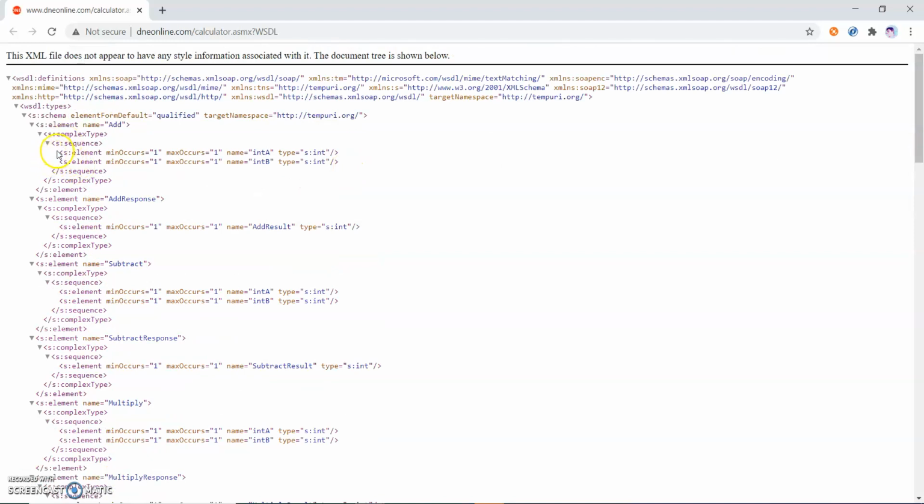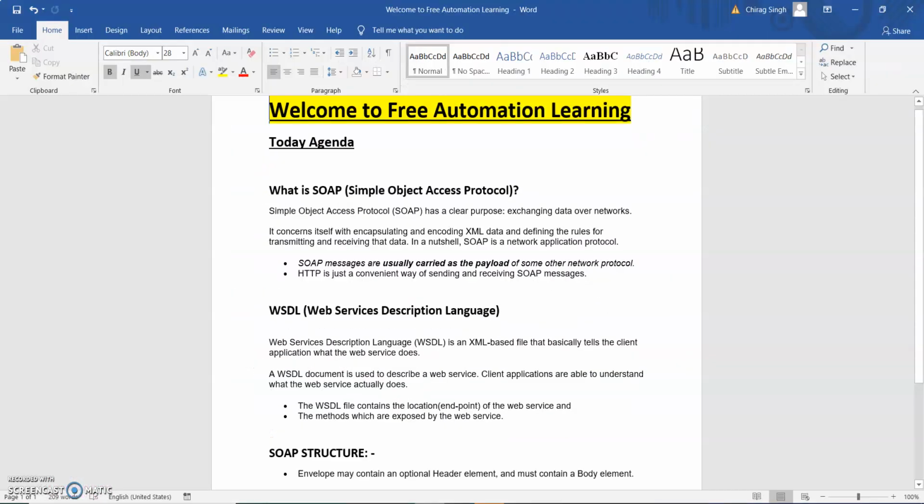Add takes two parameters here, and add SOAP response is giving one parameter, right? So this is the WSDL. Following this, we understand these are the different methods we are using and these are the different parameters I need to use, right? So this is for a WSDL.